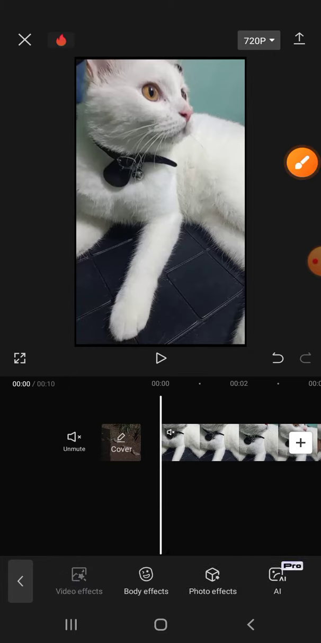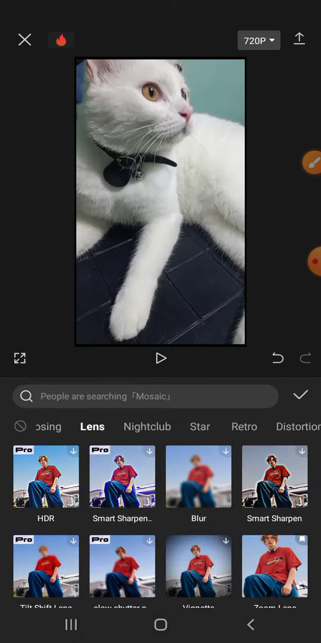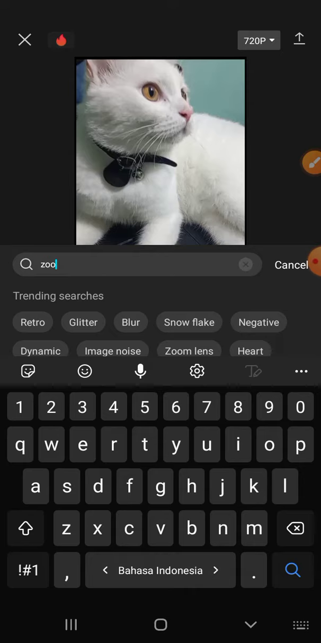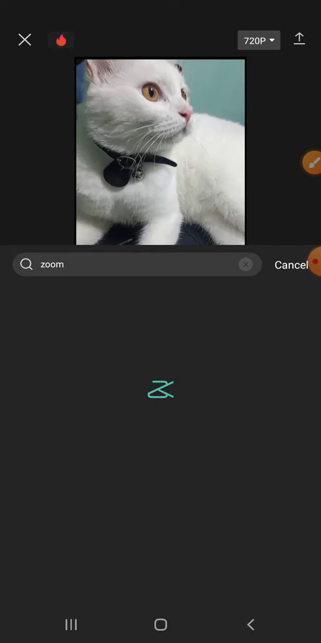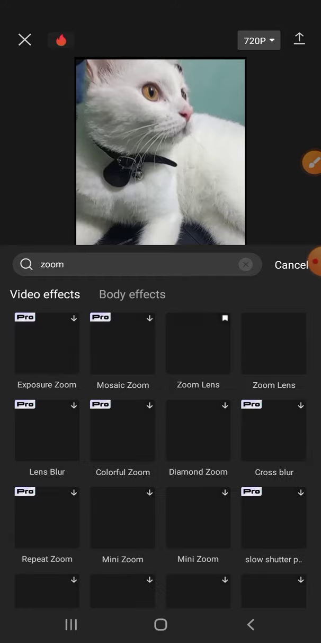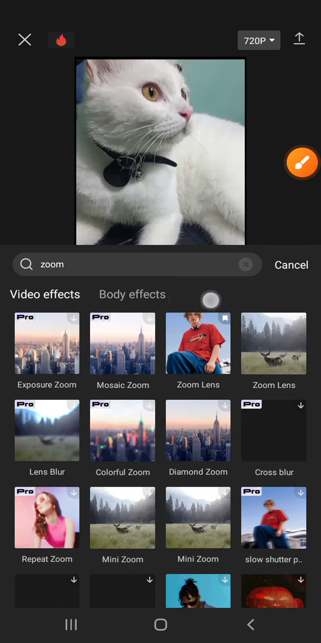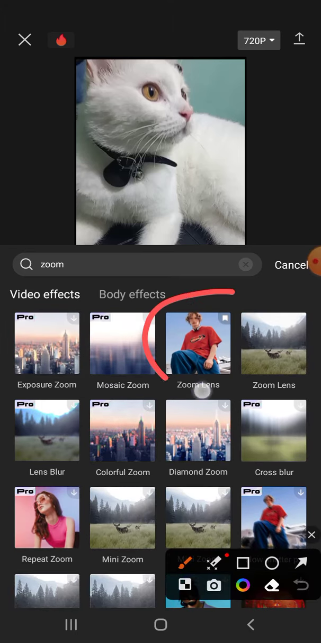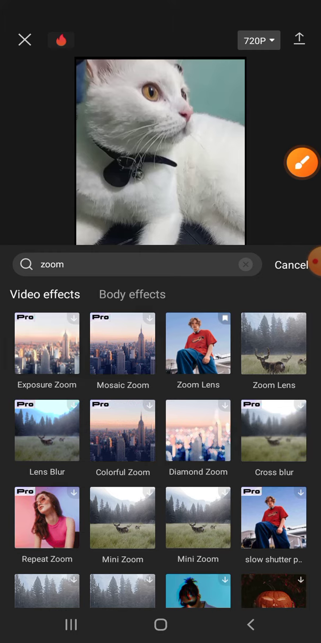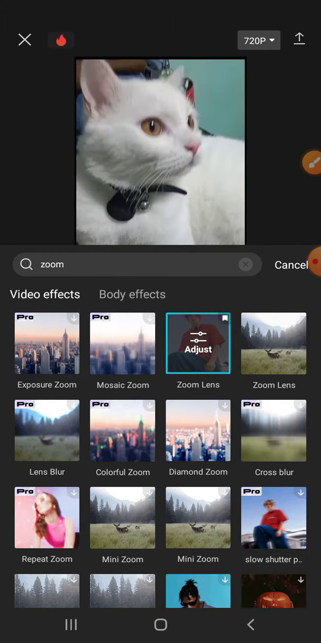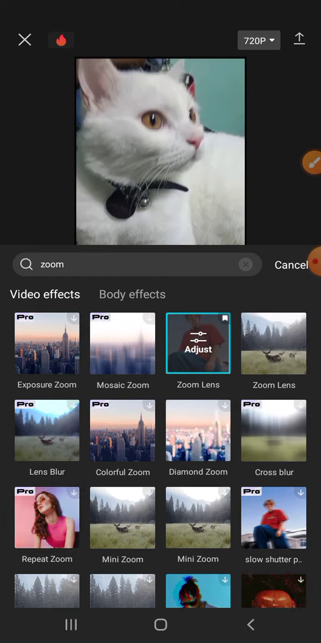and look for the zoom effect. And you can search it, zoom, and then there will be several options for you, and you have to click on zoom lens. It's right here. Sorry, it's right here. Just click on it, and then you can customize the speed and range by clicking on the adjust option right